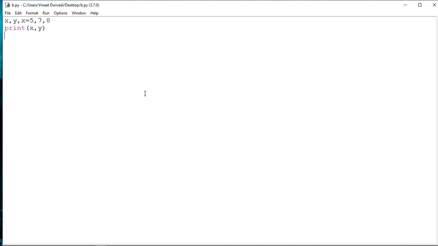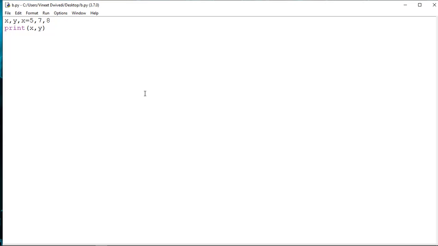Since we have written x, y, x = 5, 7, 8, first of all x will get a value of 5, y will get a value of 7. Now again you have written x = 8. Now the interpreter will get confused which value is to be chosen, whether x = 5 or x = 8.